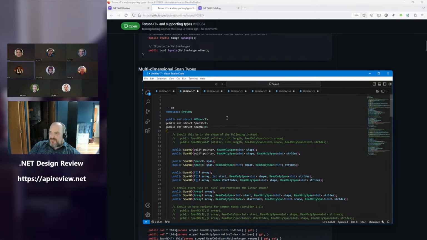One question I have is, outside of tensor, do we really believe you use this thing? It's likely going to be used by anything that needs to commonly work with multidimensional data and doesn't want to specifically work with tensor concepts. You can imagine, for example, ImageSharp could use this for more easily working with image slices.